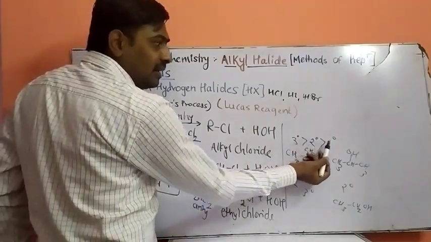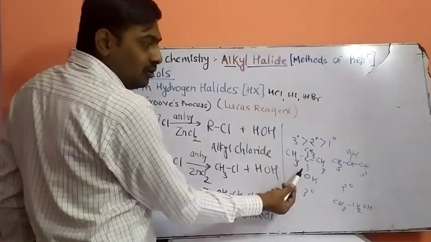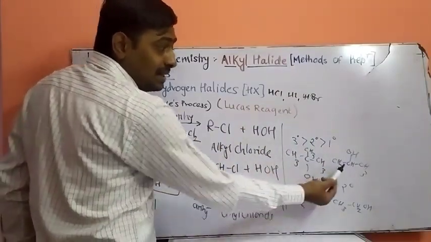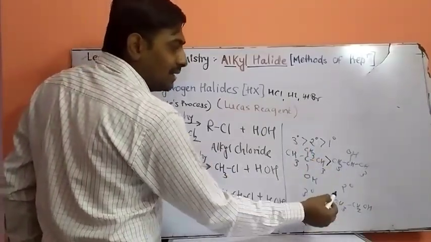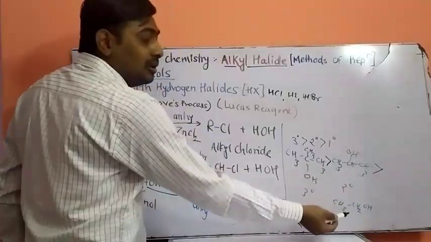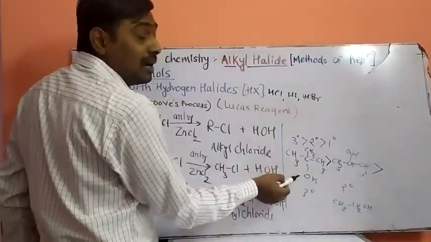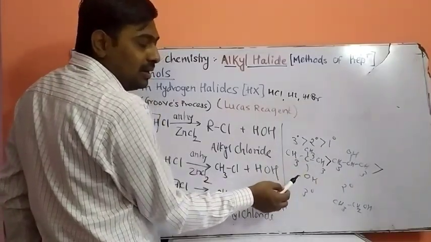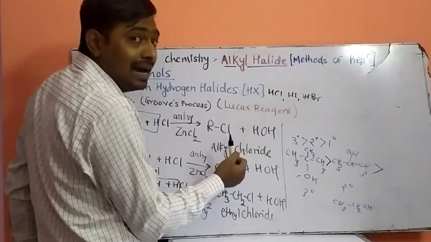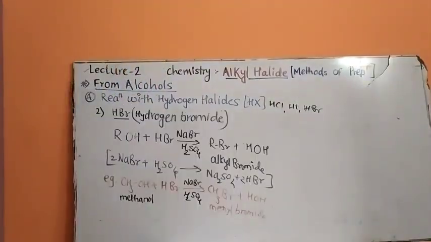We will discuss the reactivity of different types of alcohols in this reaction: tertiary, secondary and primary alcohol. Tertiary alcohol has a bulkier structure than secondary, and secondary than primary. So tertiary alcohol has the highest reactivity, then secondary, then primary, because tertiary alcohol has a bulkier, crowded and hindered structure. Due to the hindered structure, it gives less stability and high reactivity of the compound.